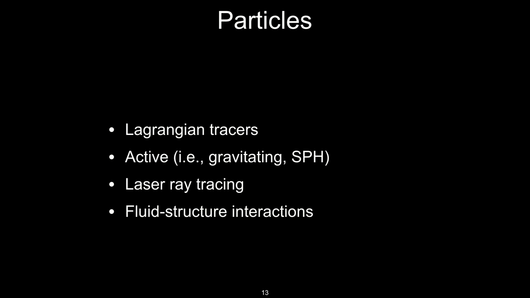Another big part of some of the things we do in astrophysics are particles. So often we're dealing with fluid-based, grid-based codes and fluid calculations, but we also have particles incorporated in there for doing different things like Lagrangian tracers, where it's like a little sailboat on the flow moving around, but then also active particles like dark matter particles, things that are self-gravitating, things that actually cause dynamics on the fluid flow and on the other particles. But you can also use particles for doing things like laser ray tracing through a domain, and also fluid structure interactions in a fluid flow. So this is an infrastructure complexity that is hard to do.